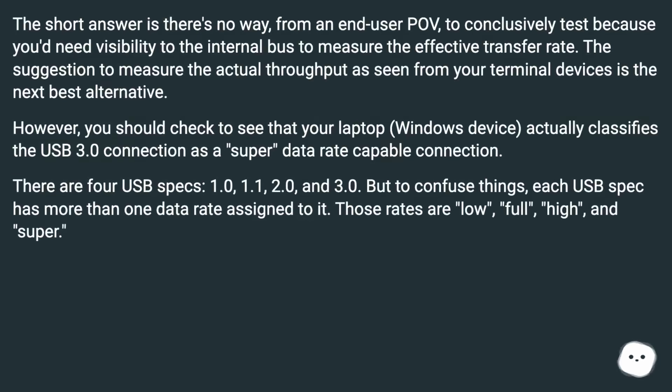The short answer is there's no way, from an end-user POV, to conclusively test, because you'd need visibility to the internal bus to measure the effective transfer rate. The suggestion to measure the actual throughput as seen from your terminal devices is the next best alternative. However, you should check to see that your laptop, Windows device, actually classifies the USB 3.0 connection as a super